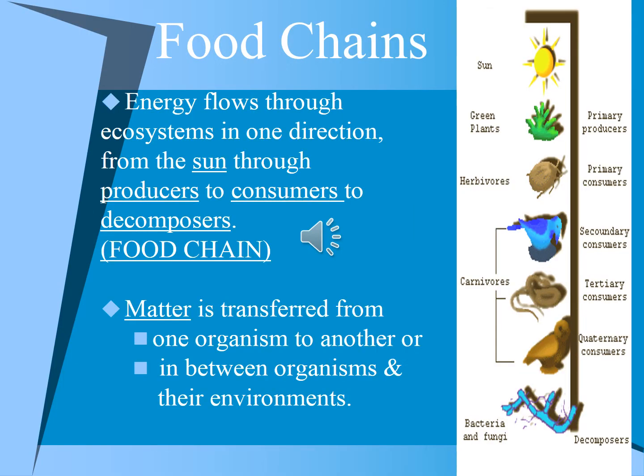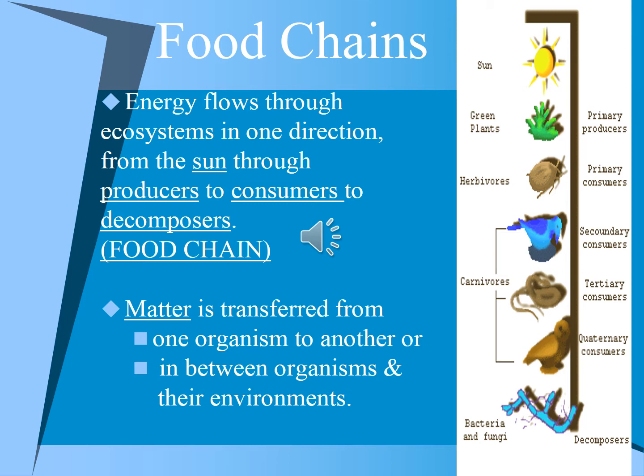Now let's start talking about a food chain. Most of you already know what a food chain is. It's basically where energy flows through the ecosystem in one direction. It goes from the sun to the producer to the consumer to the decomposer. If you take a look at the picture on the right-hand side, you can actually see there's a great food